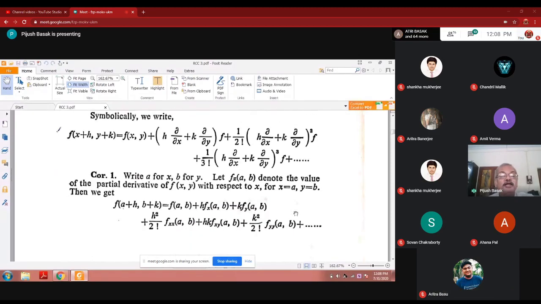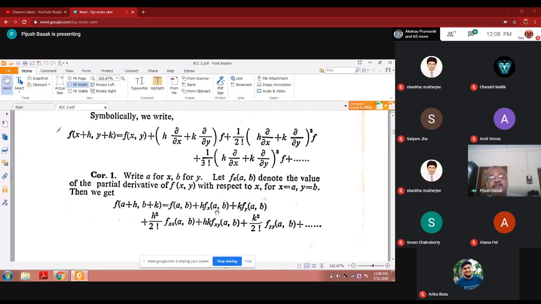Now some corollary, that is, if something is put in, what will be the result? Write a for x and b for y. Let f_x(a, b) denote the value of the partial derivative with respect to x at x equal to a and y equal to b. If we write x is equal to a and y is equal to b, then it is equal to f(a, b) plus